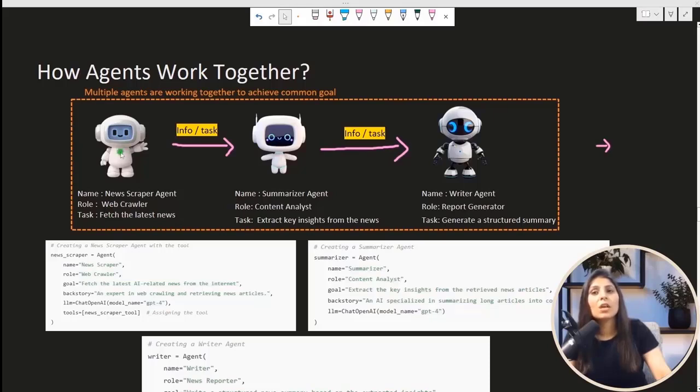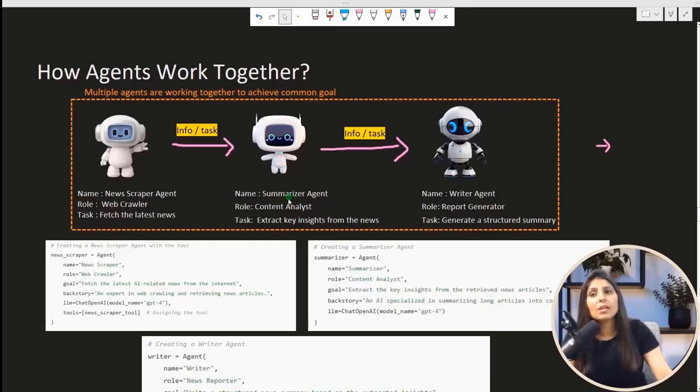Now this agent is sending that info or task to the next agent, which is a summarizer agent. The name of this agent is summarizer agent, and the role is content analyst. The task this agent will perform is, it will extract the key insights from the news. Which news? The news which it received from the previous agent. Okay, and then it finds out the key insights from it.